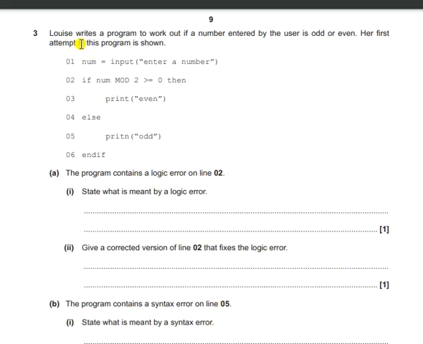Hello students, in this video we will be discussing question number 3 of the May 2019 programming paper. So let us start. In this question we are given an algorithm and the question says that Lewis writes a program to find out if a number is even or odd. So this is her code that she has written,